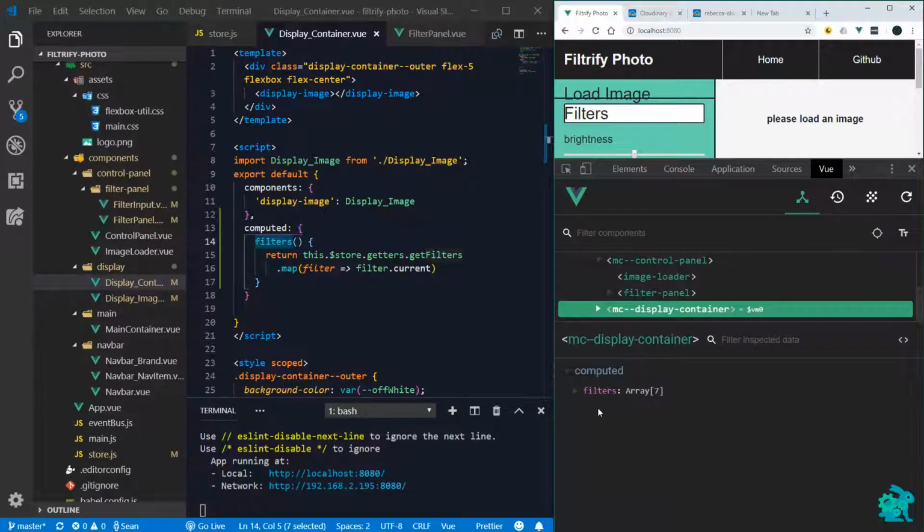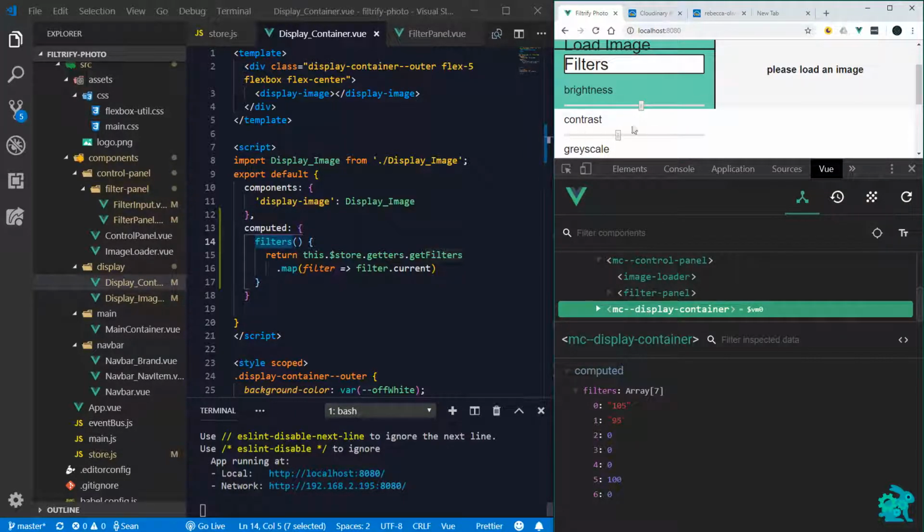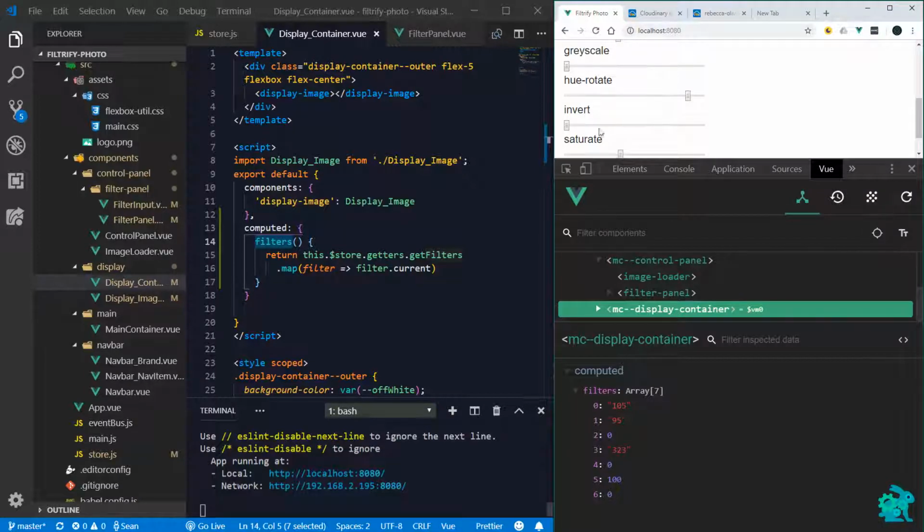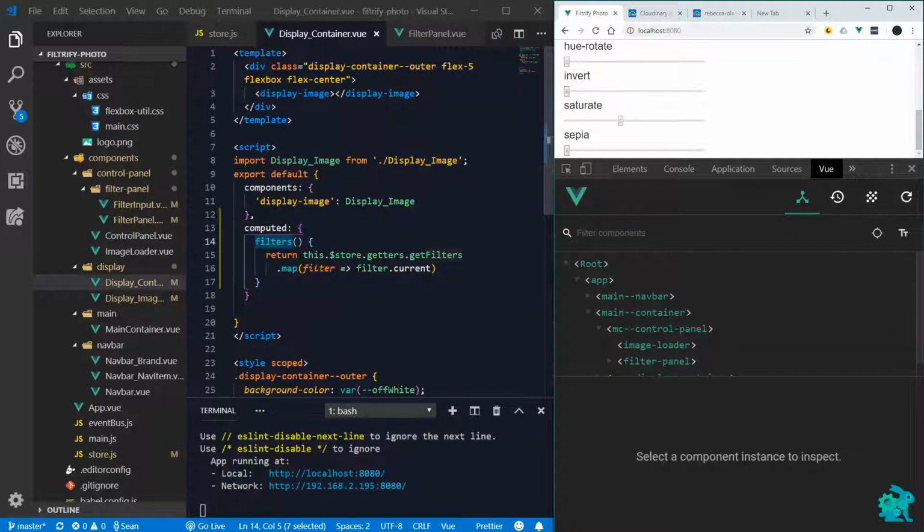So if we take a look at this component one more time, you can see in our computed and our filter we have our array of current values, and if we change it, you can see that it changes really nicely and smoothly. Before it was getting all hung up. But for whatever reason, sometimes the Vue dev tools can lock up, but we see that everything is updating properly the way it should. Cool. Excellent. So now we can take our filters property,